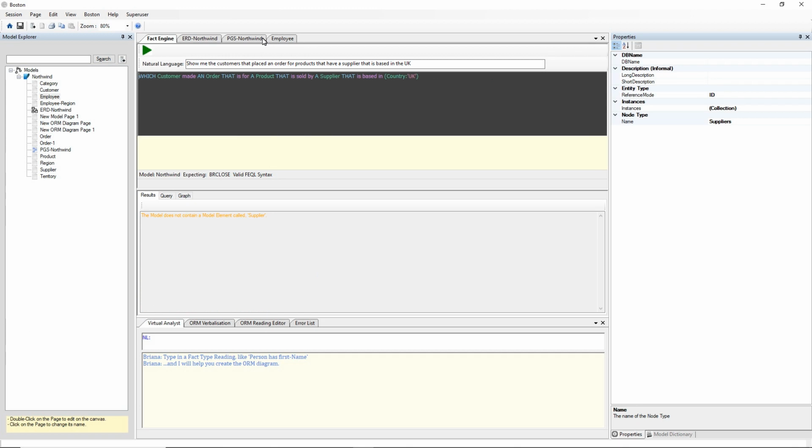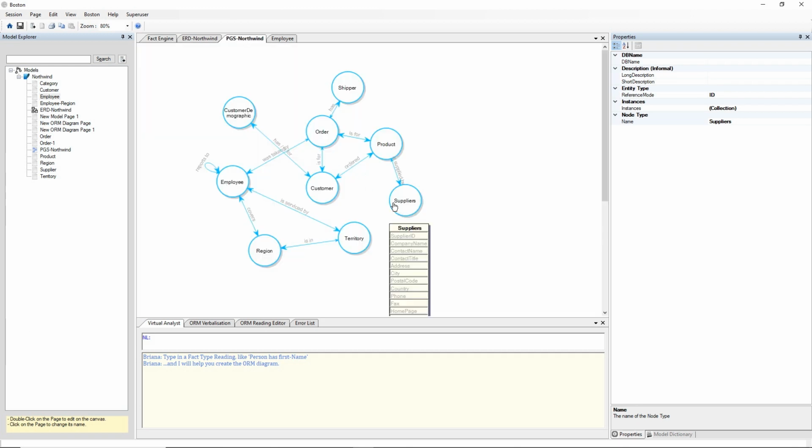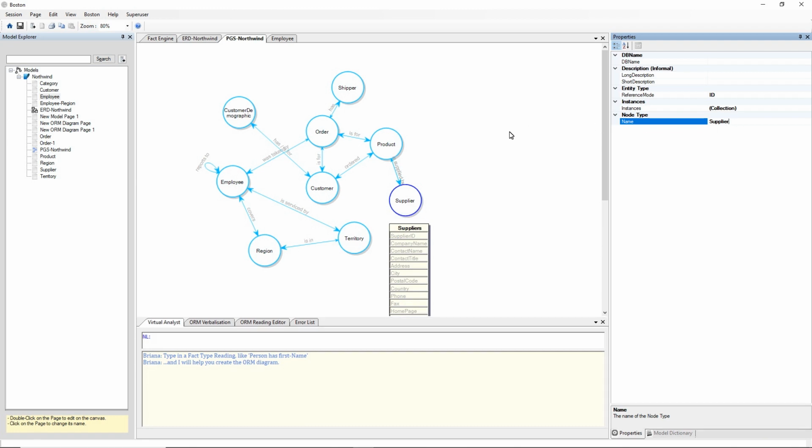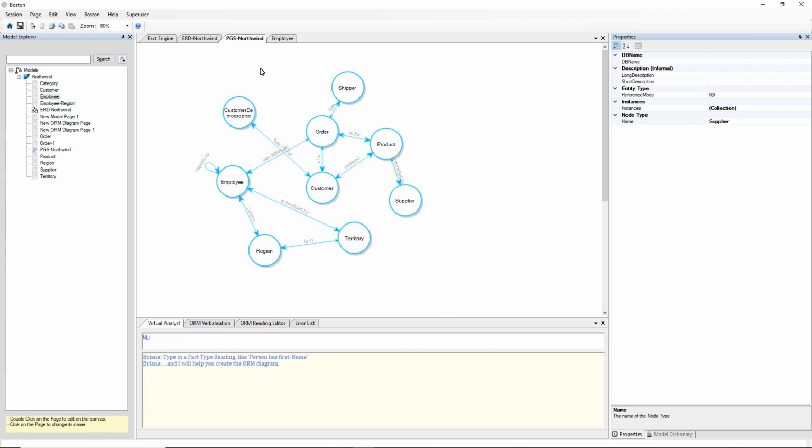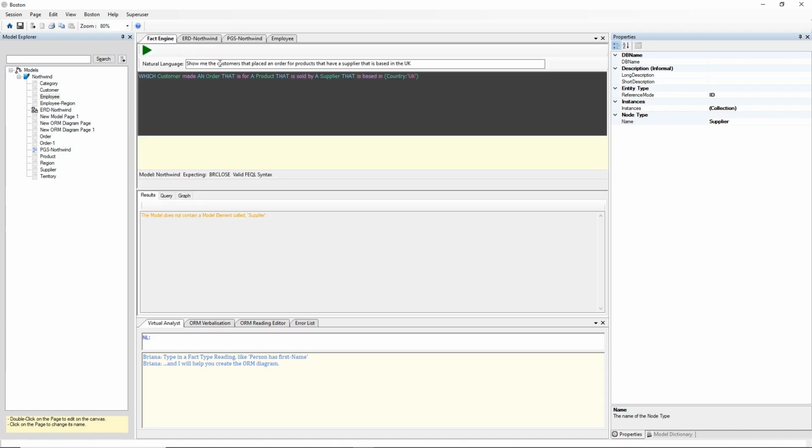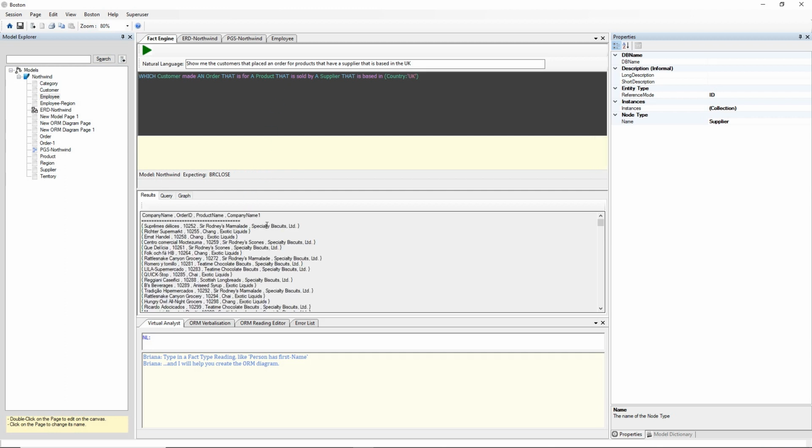Okay, we've changed supplier to suppliers. Let's fix that and change that back again. And go back to our query, execute that. And there's our results.